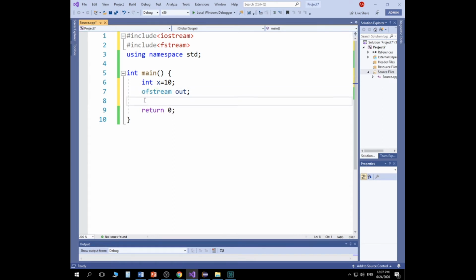Now, after that, you need to connect your object to a file that you're going to write to. This is extremely important. You have to type the name of the object, which is out, and then type dot open, then open a parenthesis and close it, and in this area you have to type the name of the file that you're going to write to. So I'm going to say my text